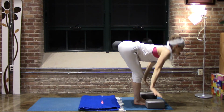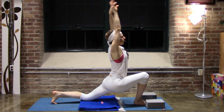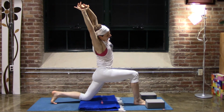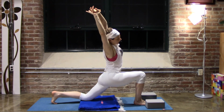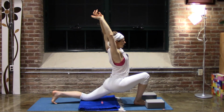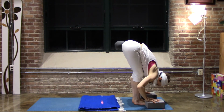Folding down, left foot back, left knee down, hands high, pause there. Hold your left wrist, straighten the front leg, inhale. Exhale, bend all the way in. Inhale, rise. Exhale, fall. And 2 hands down, step the left foot up. Fold in, inhale